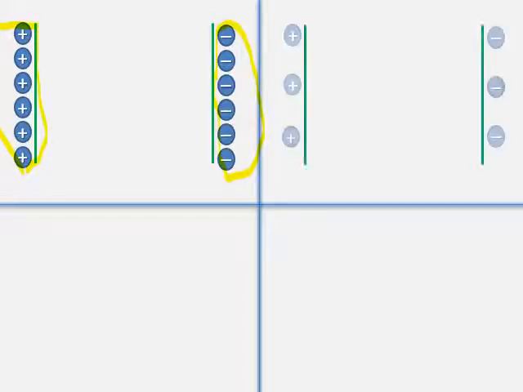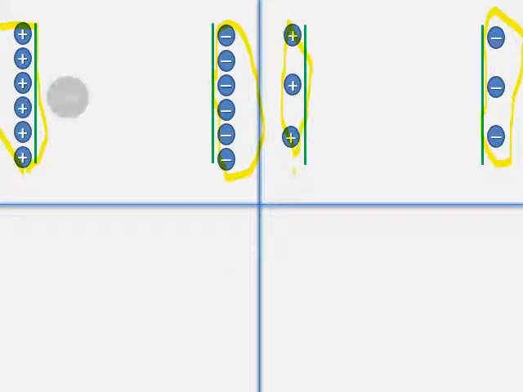Now let us consider another situation where we have two metallic plates with positive and negative charges as shown here. We have positive charge on one side and negative charge on the other side, and we have one more situation very similar, but this time the amount of positive charge is less, and so is the amount of negative charge, it is also less.